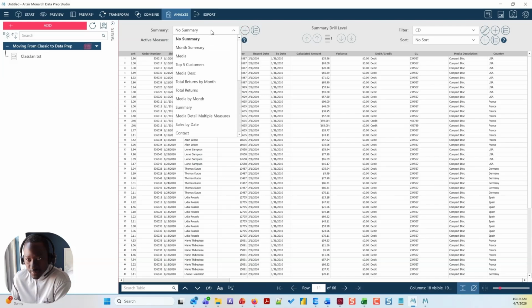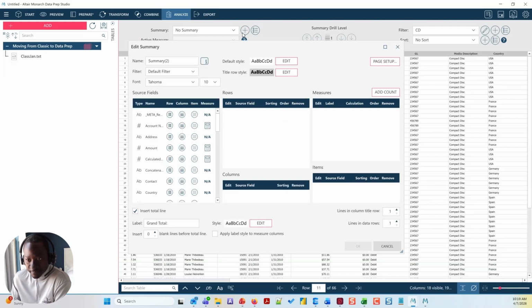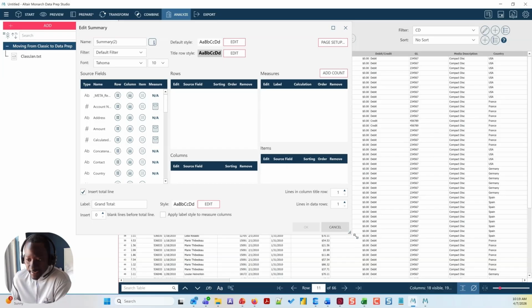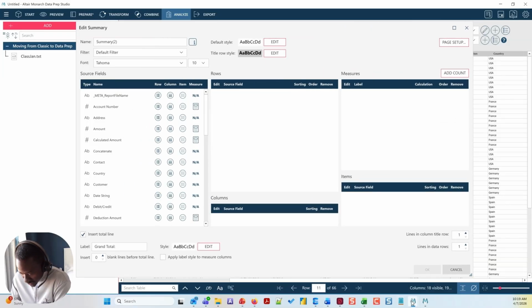So we're going to click on the plus sign here, and let's say we call this one... Let me see what I called them in my other one. Let's see, what did I call them? Okay, so this first one, we're going to call this one monthly sales, and you can just call it monthly sales. Okay, and then for our columns,